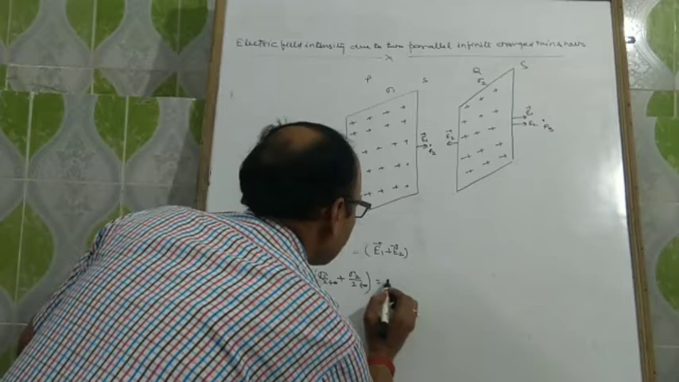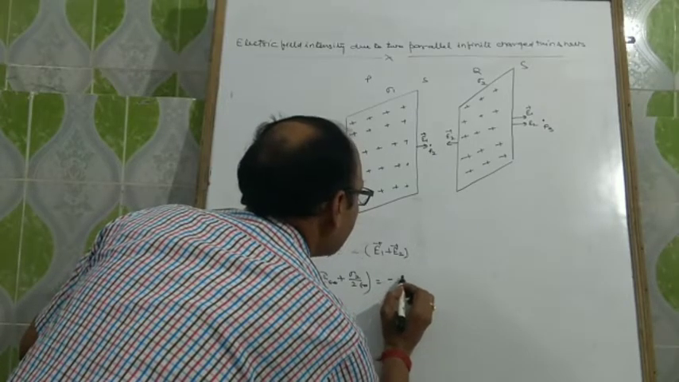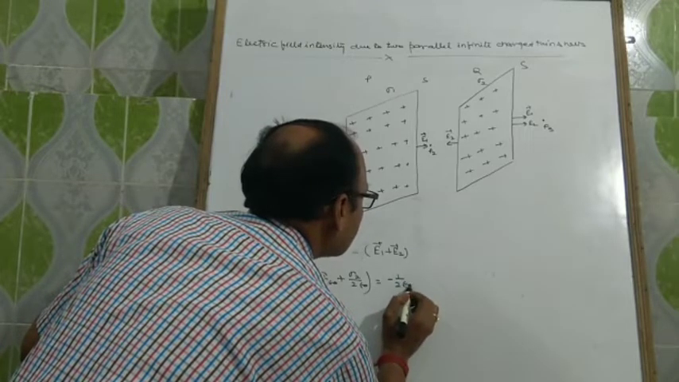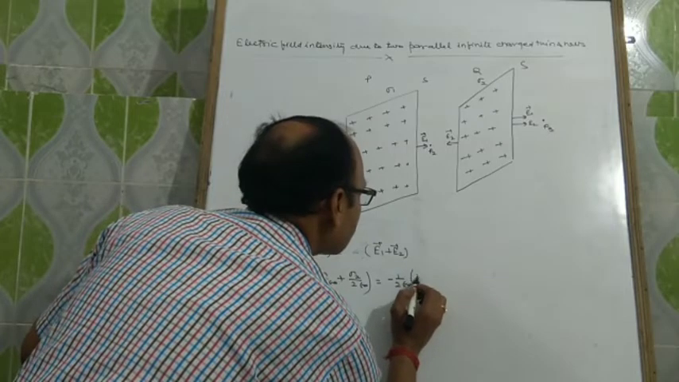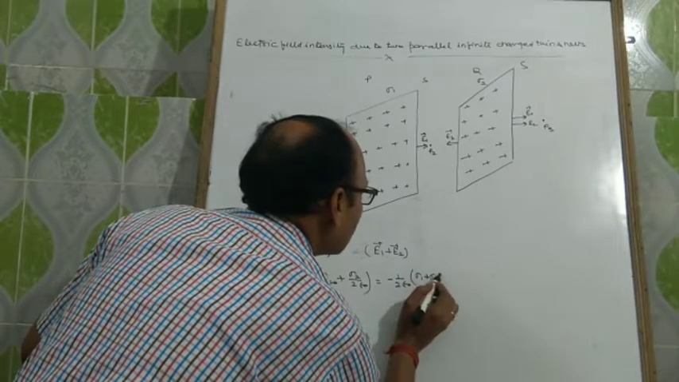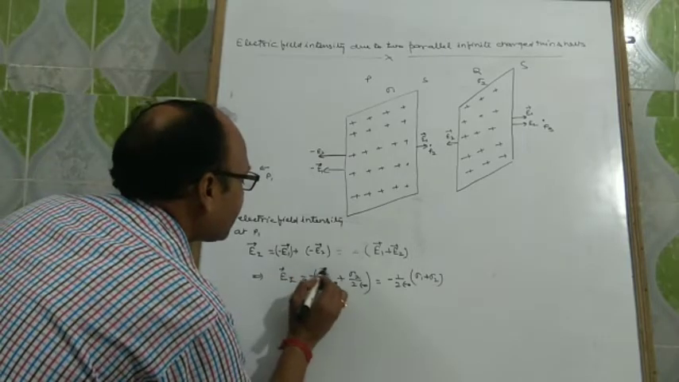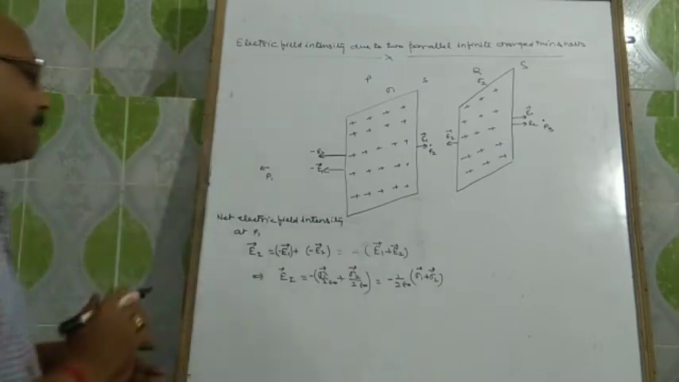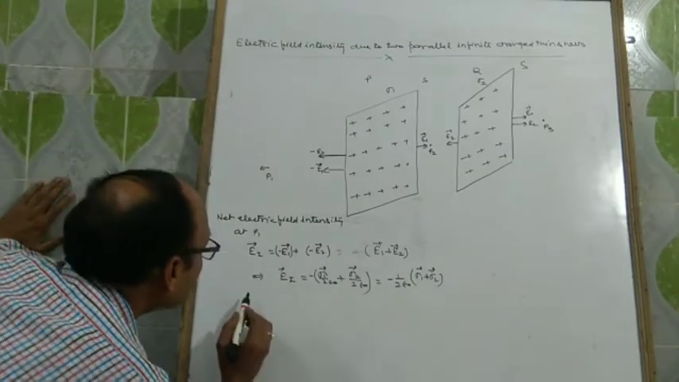Or this can also be written as minus 1 upon 2 epsilon naught common, sigma 1 plus sigma 2. If you are taking the vector sign, then surface charge density becomes a vector quantity. Okay, now